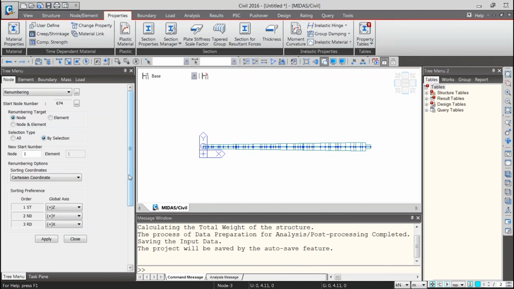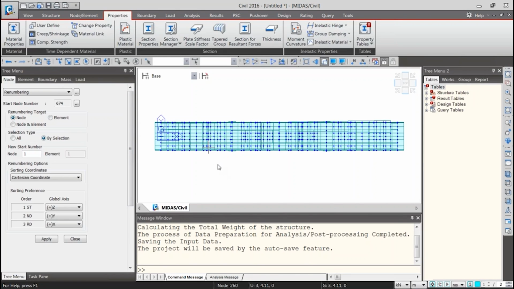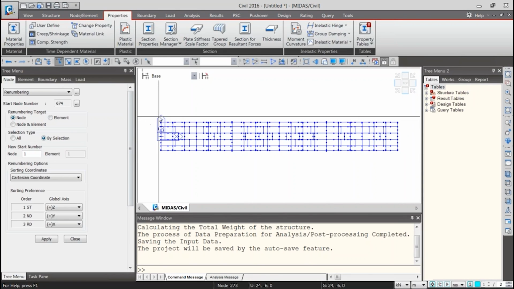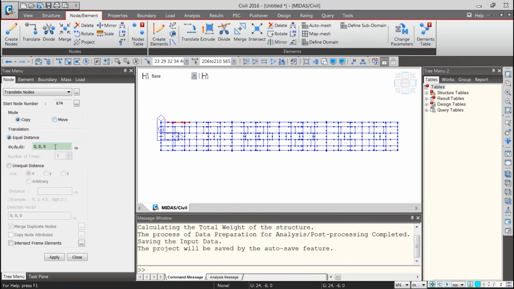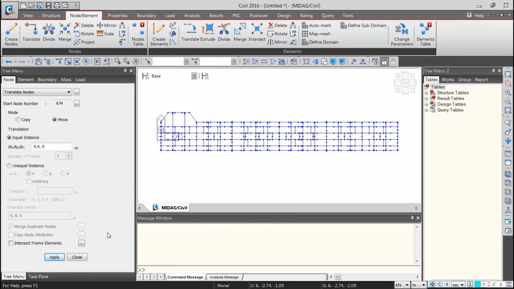These are some different ways actually, because other than this, you can always edit all the models from the menu also. Like you can always translate node, element node, or move nodes. So I can always click on these nodes, go to node or element, and translate, move it somewhere. So I can always do these things. The methods that we discussed today are some unconventional ways of doing things, and faster ways of doing things.